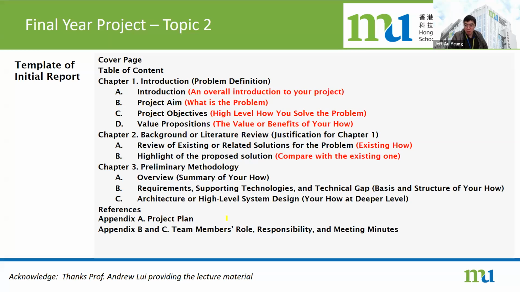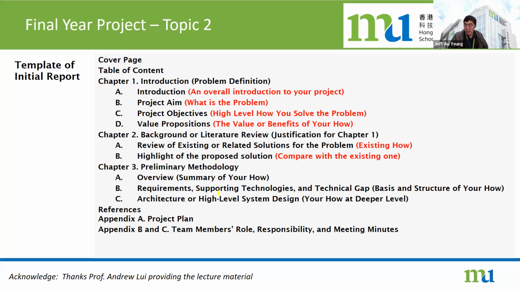Highlight the solution. What are the differences between the existing solutions and the one that you're doing right now? What are the differences? Is it good or bad? And then chapter 3 will be the preliminary method,